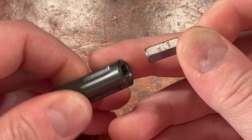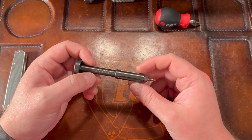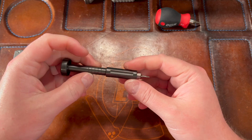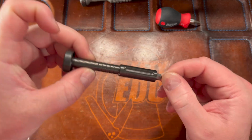And again, 1/4 inch bit. This is what I use for T6. So anything T6, I use this. And there's 2 reasons for that. One, I can't get that much torque with this. And that's why I bought this one. I'll get to that. You can't get too much torque with this, which is a good thing in this case,